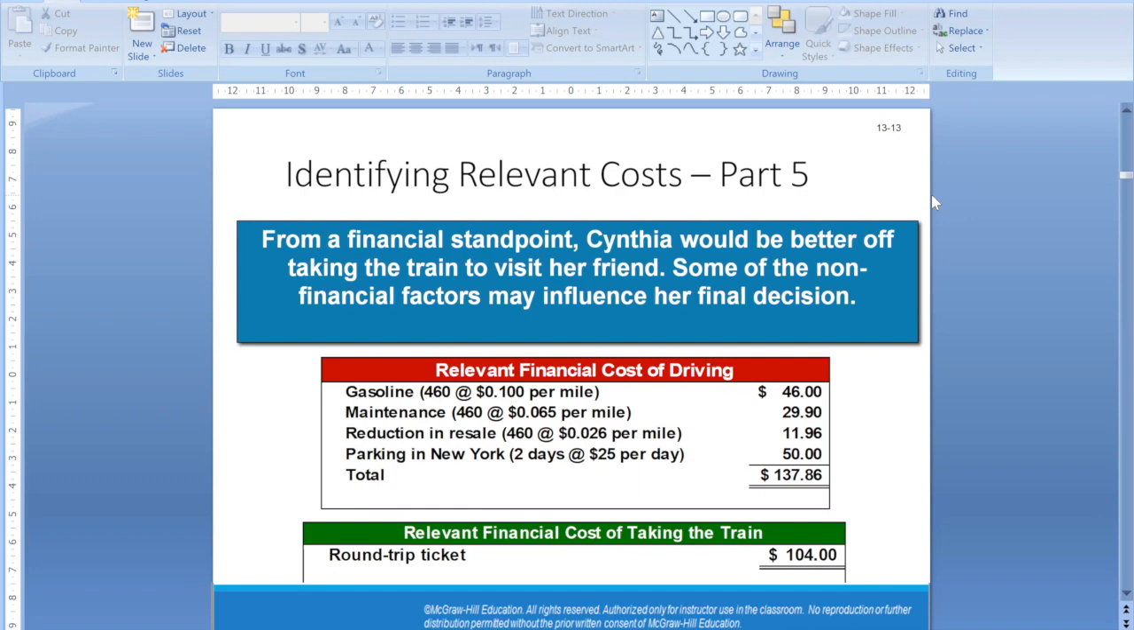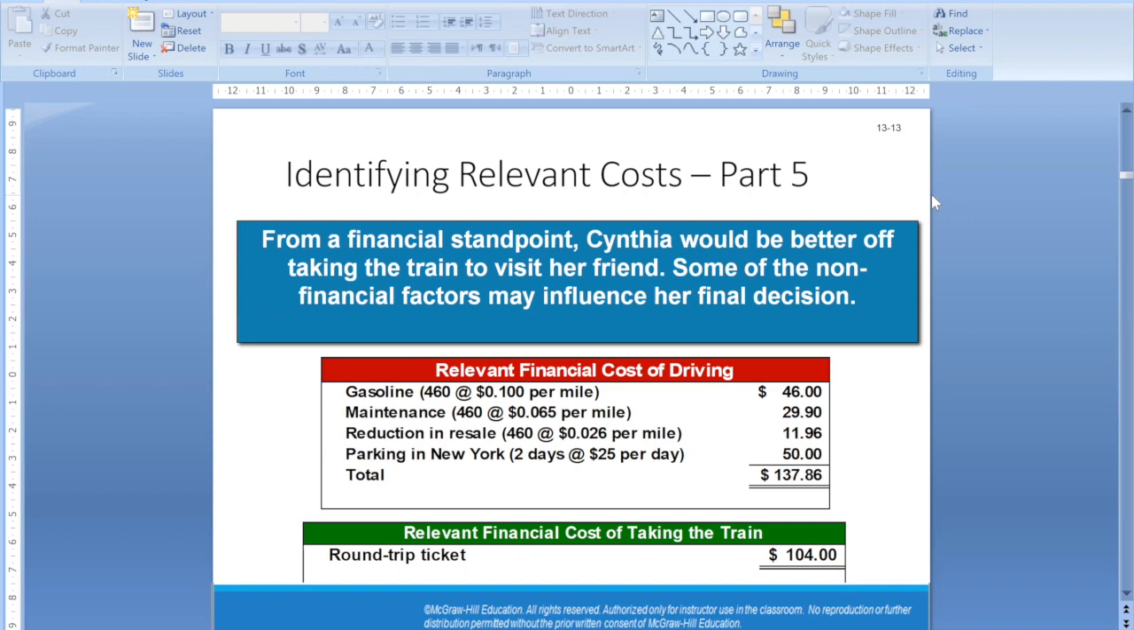Relevant financial costs of driving. Again, just to stress this word, I'm talking about financial variables, which means if there are personal variables that are important for that decision, I will go for that regardless of the cost. So the relevant financial costs of driving: the gasoline,